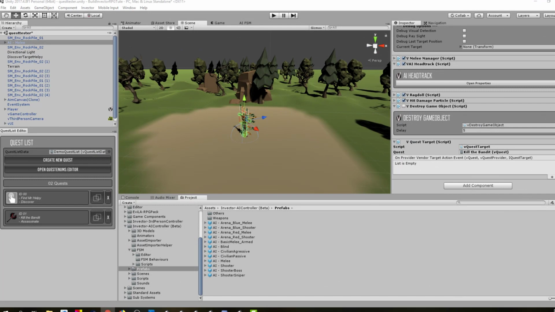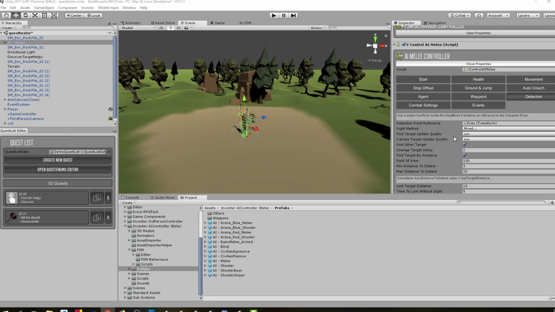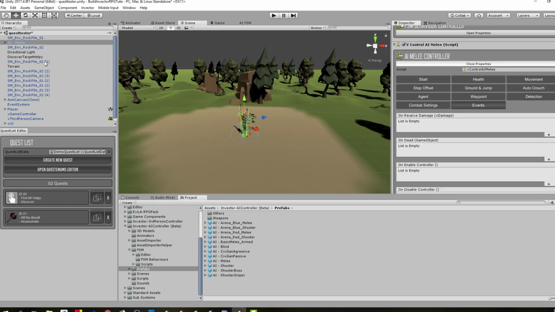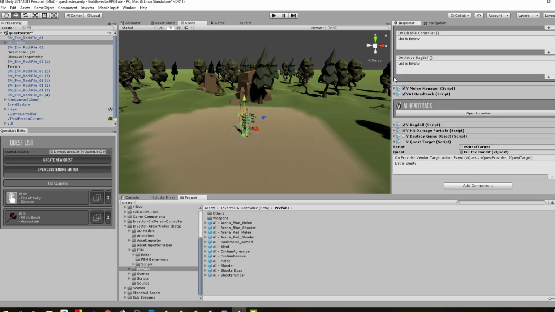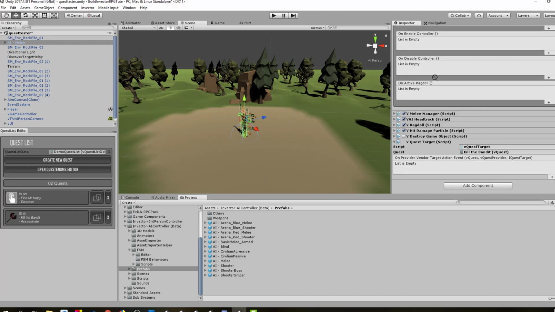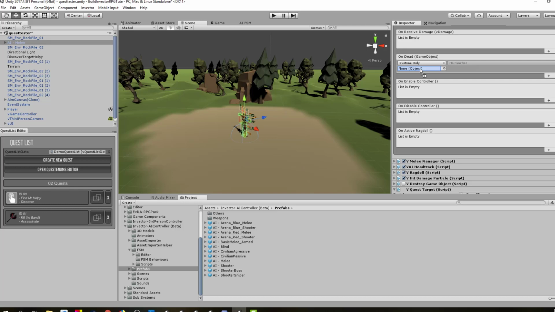Okay, so back now. So there was one thing that I missed, and it was pretty obvious, so if you saw it before me, I do apologise for making you wait for the few seconds of the edit. So when we come down here, we need to go to events. So this is on our monster controller that we're trying to get here, our NPC. We need to go through on dead, we're going to click add, and what we're going to do then is we're going to minimise these so I can see it easier, and drag it upwards. We're going to drop it on there,